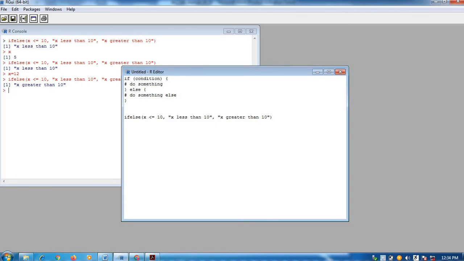If sample x comma 1 is less than 10, 5 is assigned to y, else 0 is assigned to y. Now next, if sample x comma 1 is less than 10, then you have to assign 5, else 0.